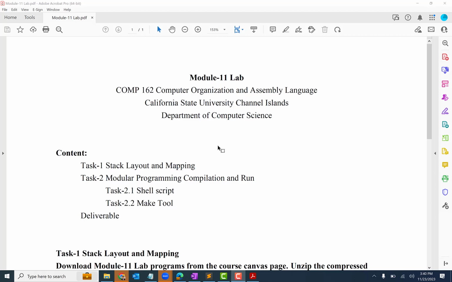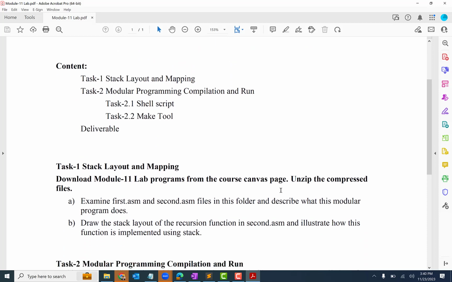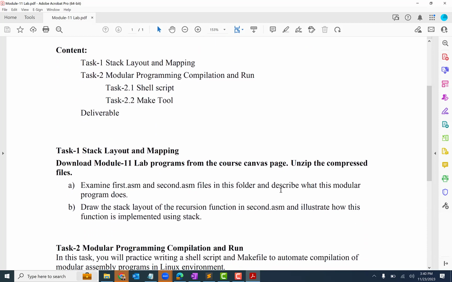Hello everyone, this is module 11 lab. In this lab we have two tasks. Task 1 is a programming exercise and task 2 is about modular programming, in which we try to compile and run multiple files using shell script and using make tool that we have